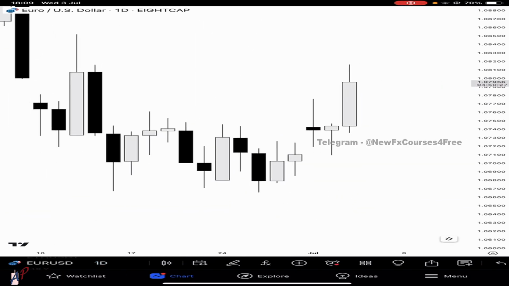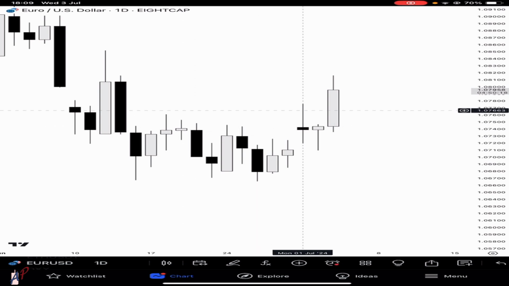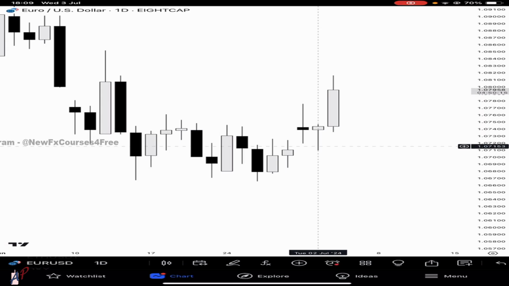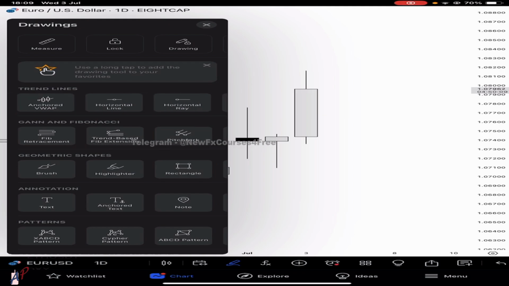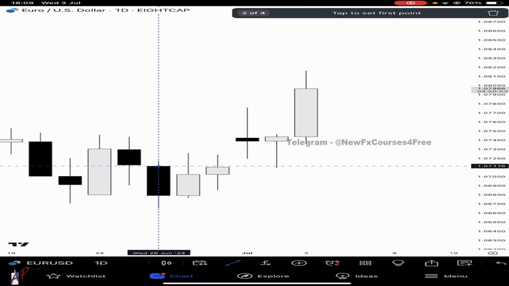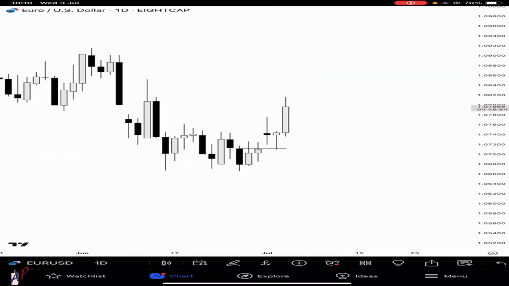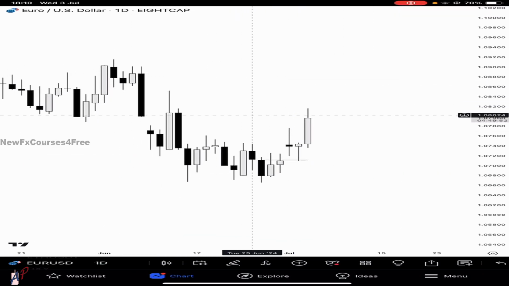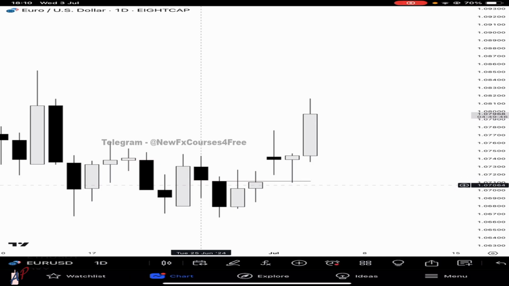We were coming off of a range, a clear range, choppy market, and I didn't trade Monday, I didn't trade Tuesday, but I have a friend on chat that caught this beautiful trade. I missed it, but this is a true breakout of the range. I'm not saying we are going to target this high or this, but this is a true breakout of this range. So, vacuum block, pretty rare, but